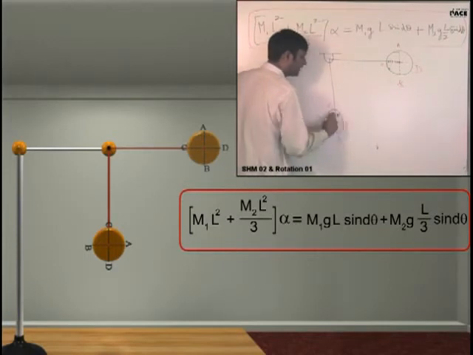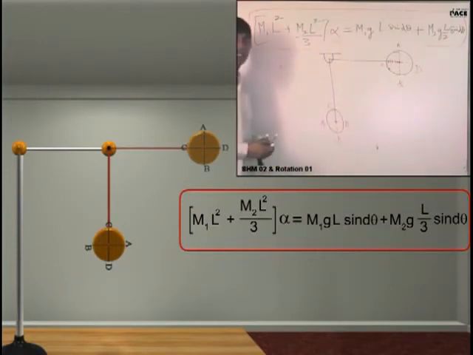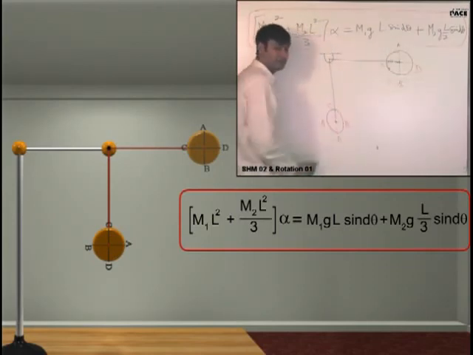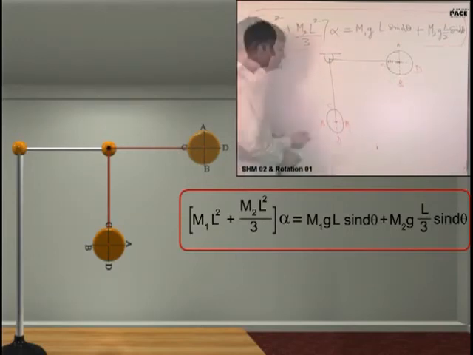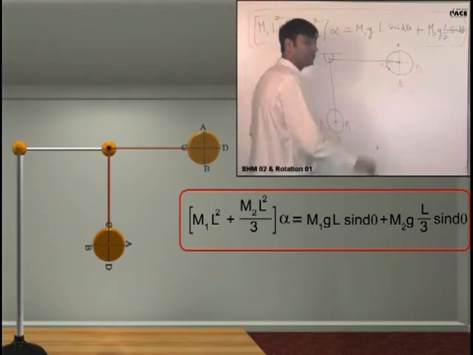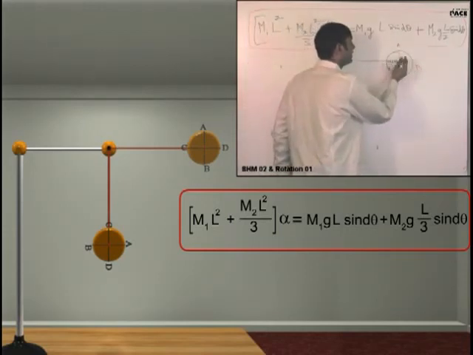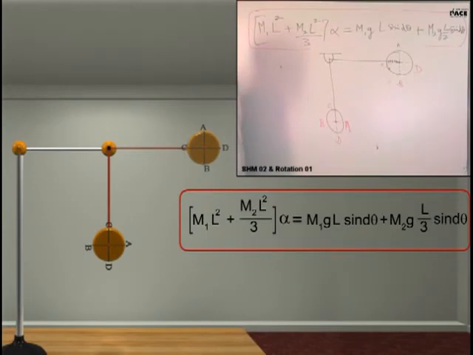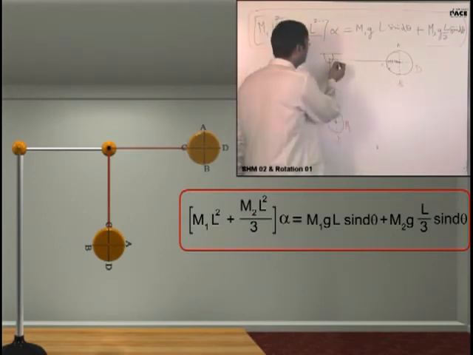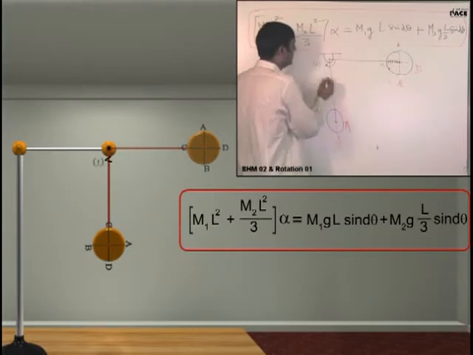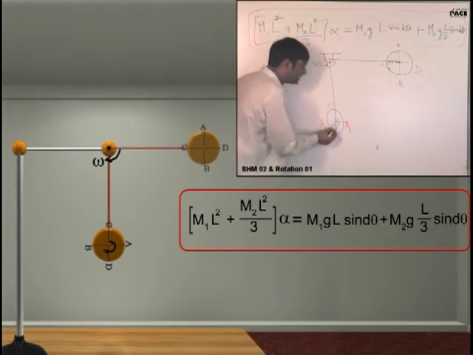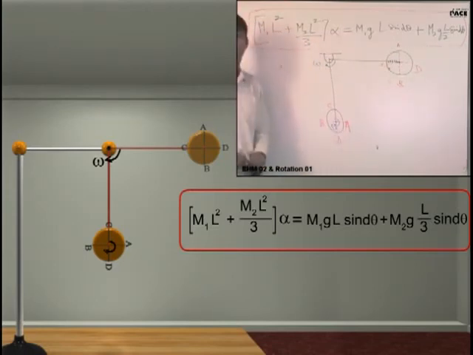Don't you think the body has rotated about its own center of mass? The line which was vertical, the line AB, is now horizontal. Have you understood this? And one more thing, when it is welded, don't you think the rod and the disc both are one rigid body, yes or no? Yes, sir. If they are one rigid body, if I say angular velocity about this is omega, what is the angular velocity about the center of the disc? Omega. Every point has the same angular velocity about every other point on the rigid body.